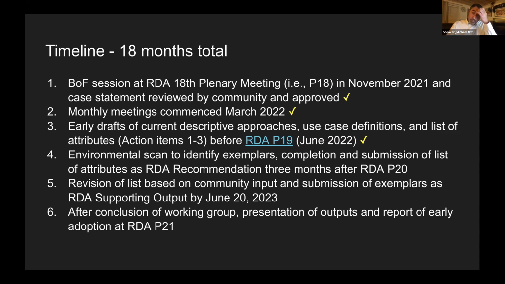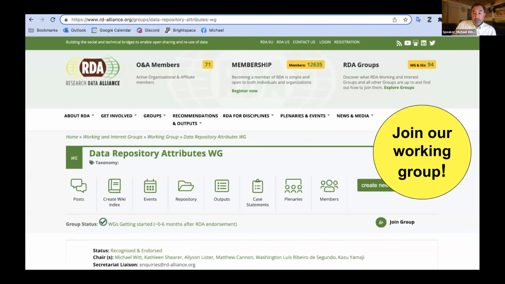So that's our 1.5 year timeline. And like I say, we're about 4 months into our 18 months, so we're off to a good start. But it's not too late to join our working group if you haven't already. Again, just navigate to the RDA website, look for the working groups, and you can find our case statement and